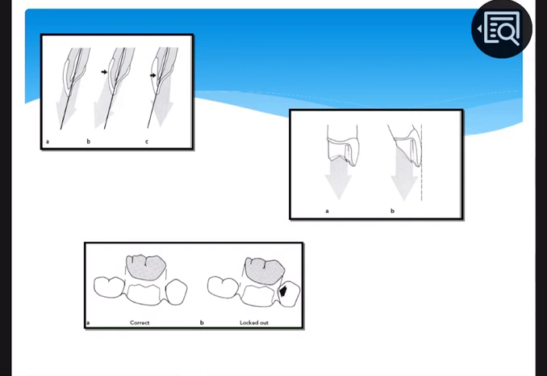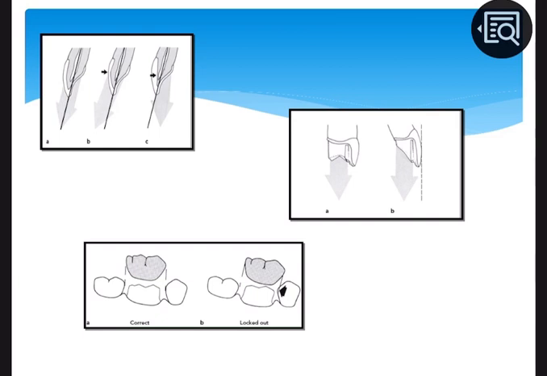So when we view the anterior teeth, they are present in two planes. As you see in picture B, the dotted line on the facial surface touches the incisal half only, not the cervical half. So the anterior teeth are present in two planes, incisal half and cervical half. So the path of insertion we set for a partial coverage crown is parallel to the incisal half.